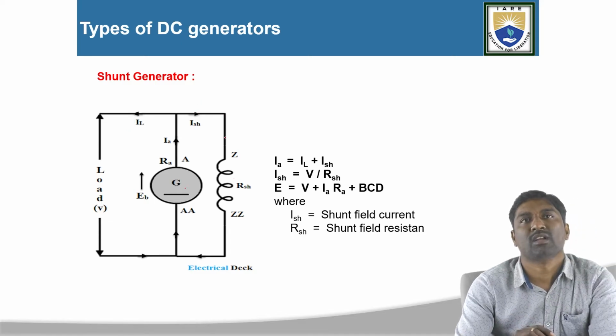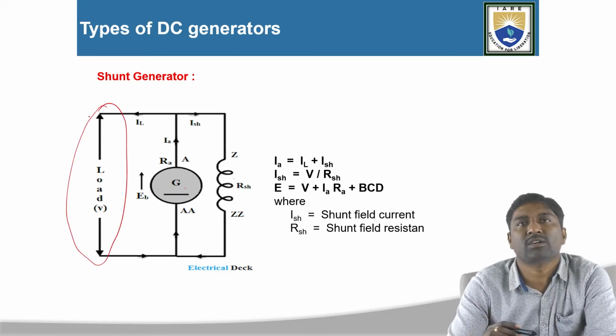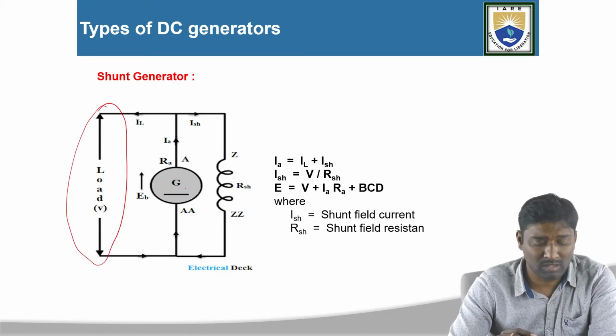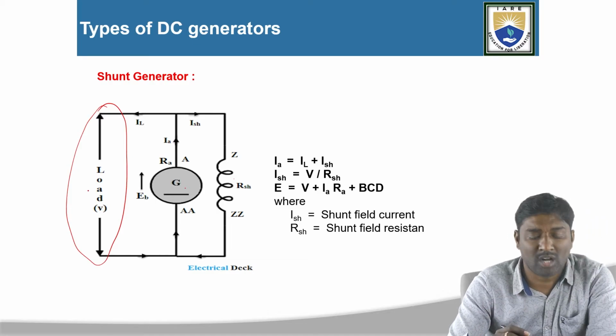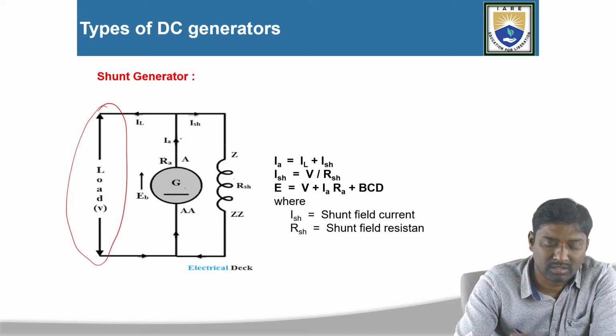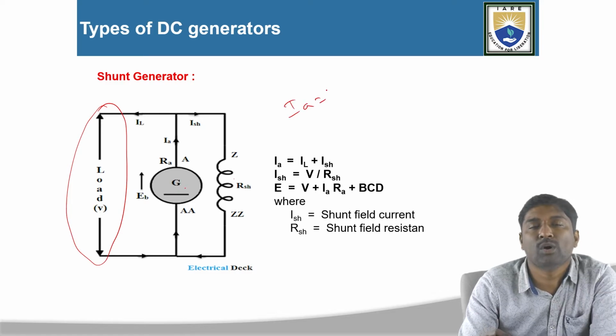Now this is connected to the load here. So this load voltage I am taking as V. Now you can observe here, this IA is equal to, according to KCL,